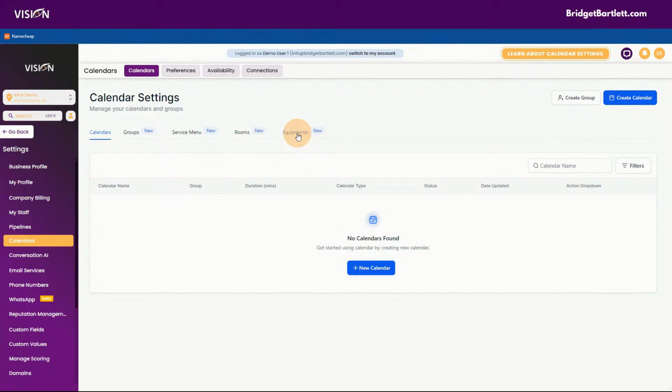But that's going to be in the training. It's a little bit more advanced. I just want to make sure that you know how to set up your booking system in the easiest way possible. Okay. So now we are back to the simple calendar here, and we want to create our first